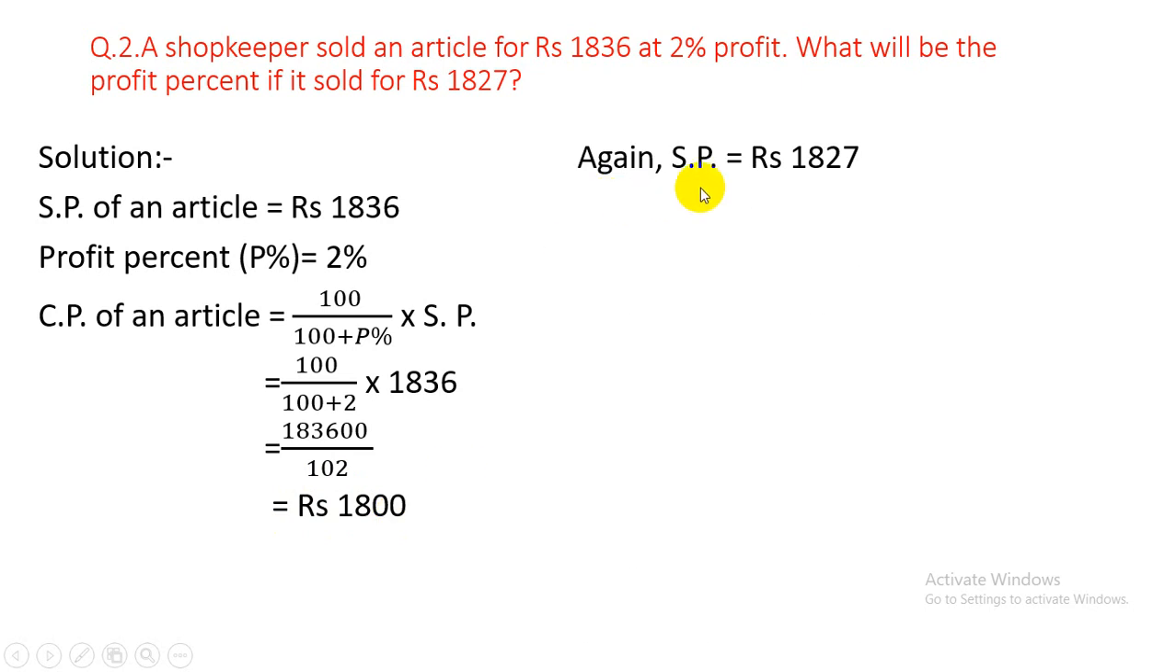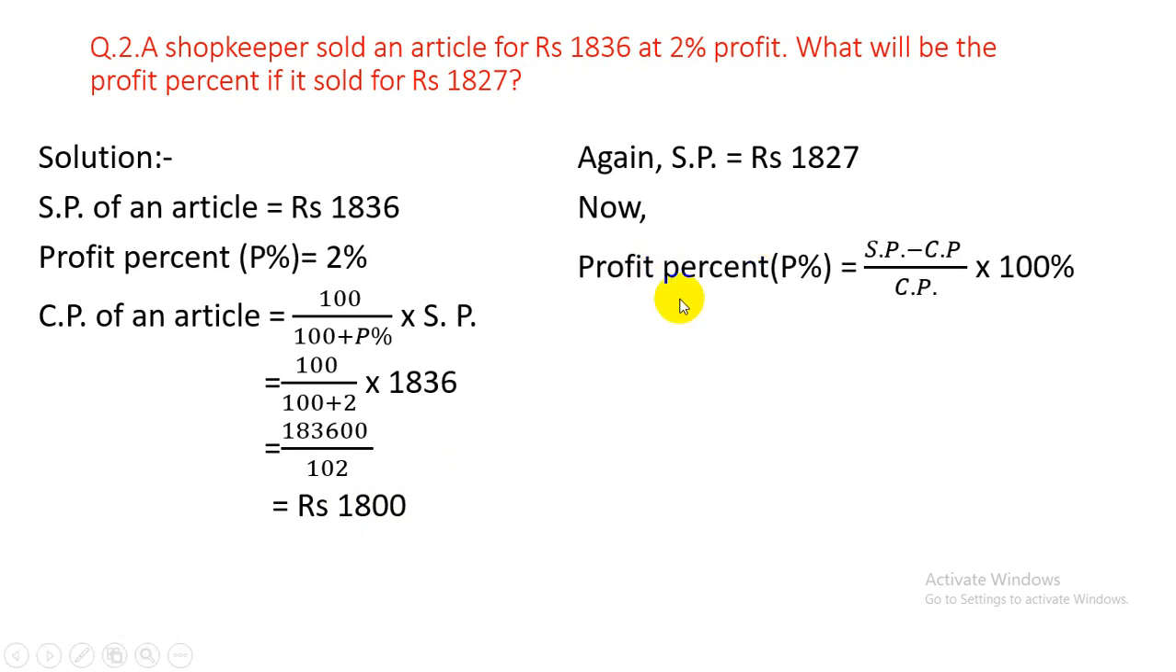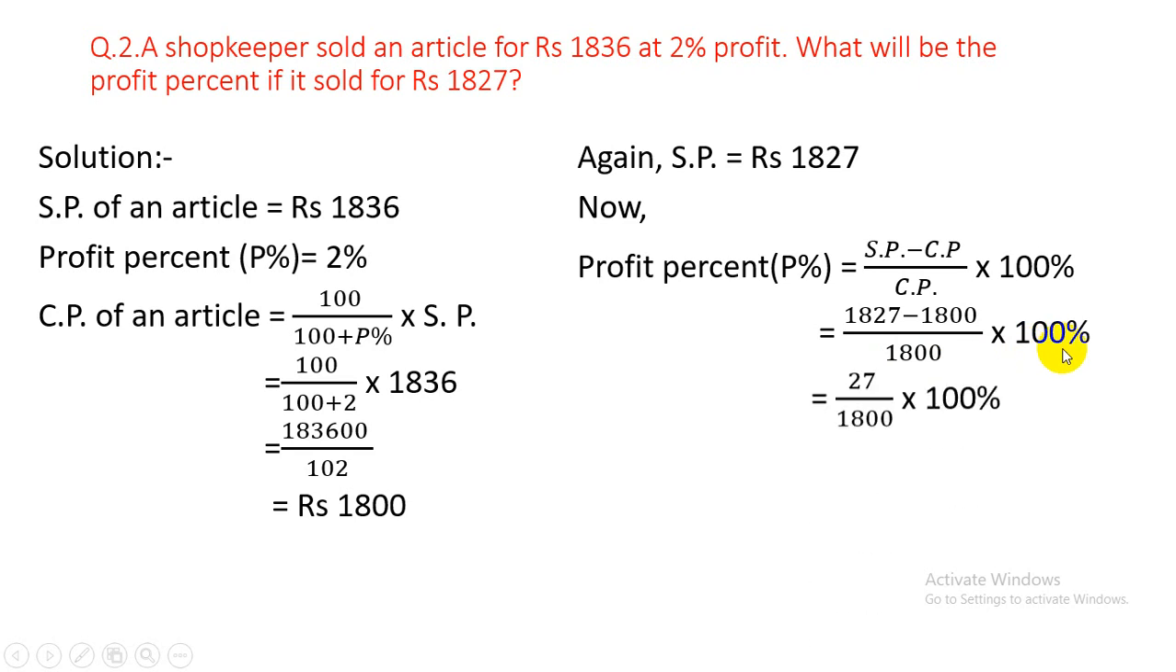Again SP of the article is given as 1827. Again this SP is greater than CP, so we have profit. Now profit percent is equal to (SP minus CP) by CP into 100%. SP is given, 1827 minus 1800, divided by 1800 into 100%. Subtracting, it is 27 by 1800 into 100%, that is equal to